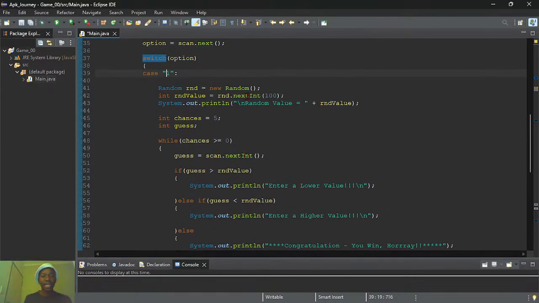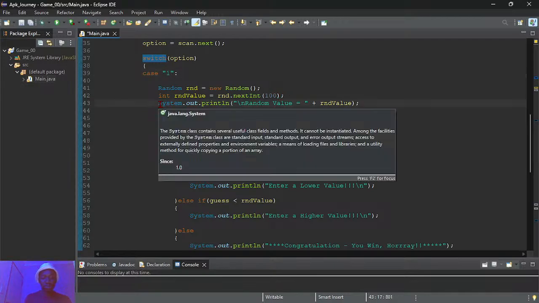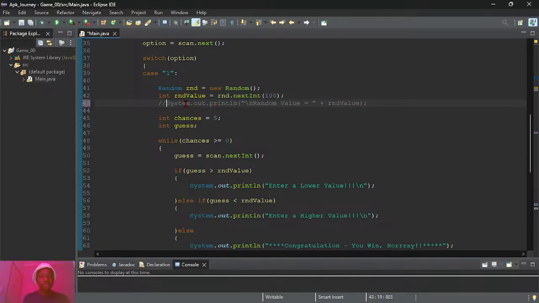Firstly, we are generating a random value here. I'm not displaying it initially. The random value will be any value between 0 and 99 in this case. I think for it to be 100, I must add 101 or something. Yeah, I'm generating random values from 0 to 100 here, and then using that value I generated here, as you can see,